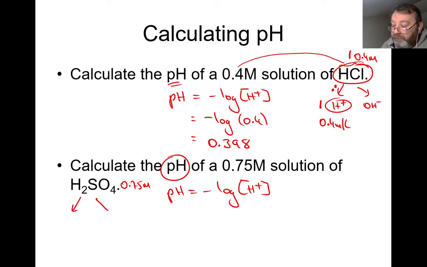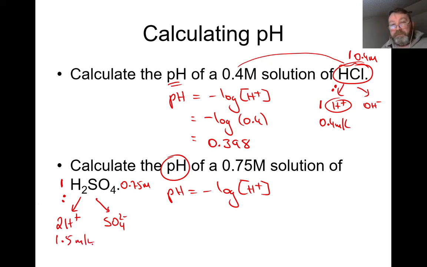Now, when it dissociates, we're going to get 2H plus and an SO4 2 minus. See that? So in other words, there is twice the amount of hydrogen in that molecule, meaning that the molarity is in a ratio of 1:2. So if 0.75 is the molarity of H2SO4, then twice that will be the molarity of the H plus,